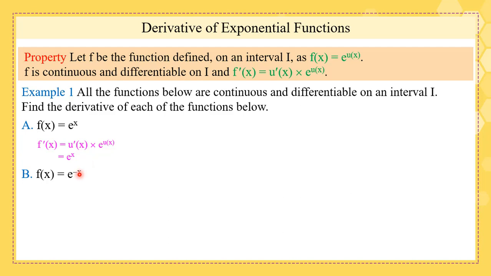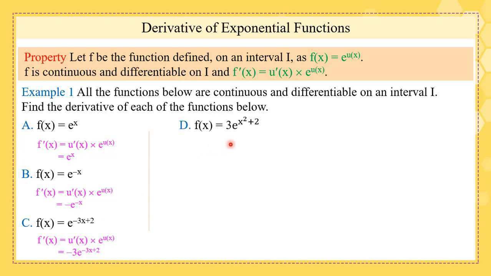Now what is the derivative of e to the power minus x? Applying the property u prime e^u, it will be minus e to the power minus x. So we derive the exponent, its derivative is minus 1, and we multiply it by the quantity. Now in this case, applying the same property, we get minus 3 e to the power minus 3x plus 2. So again, we write it as it is and we multiply it by the derivative of the exponent, which is negative 3 in this case.